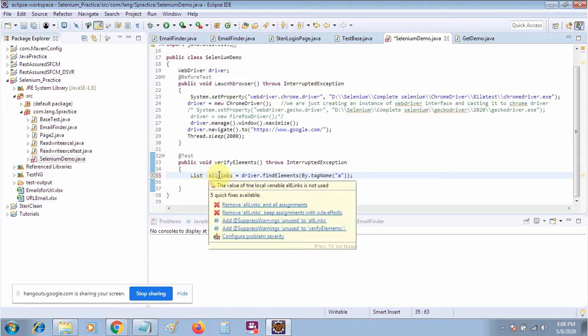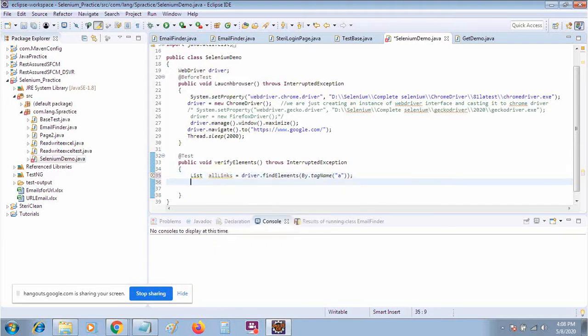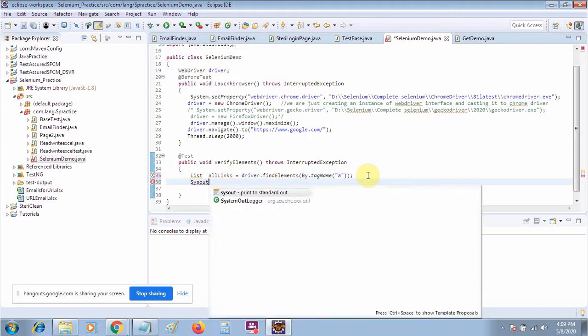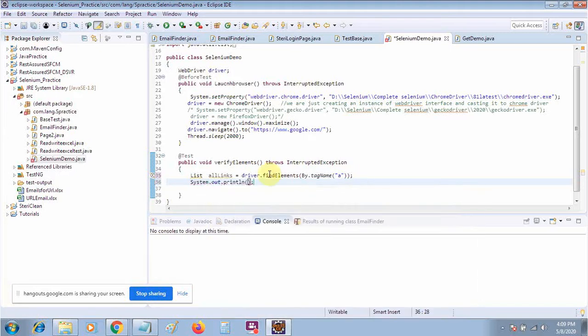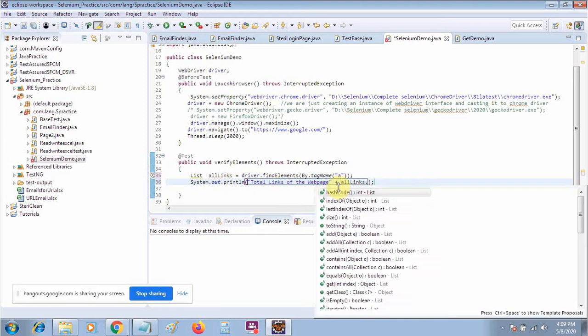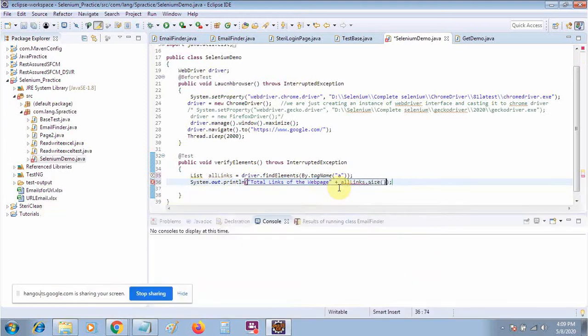Now suppose that I want to print the size, to see how many links we have in that web page. So I will say, give me the size: total links of the web page will be dot size.